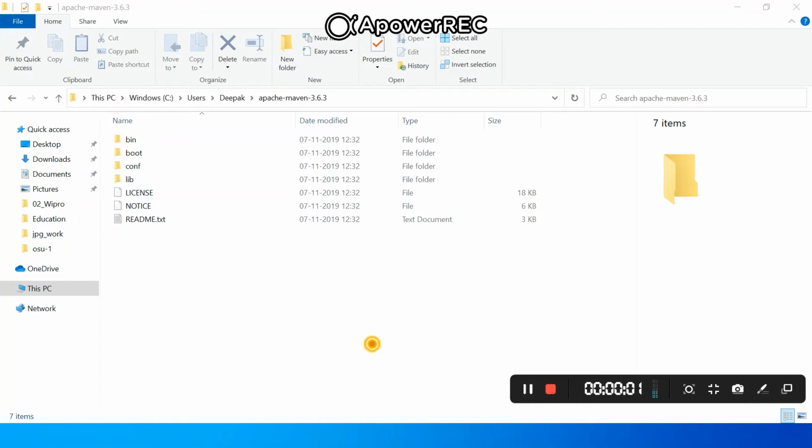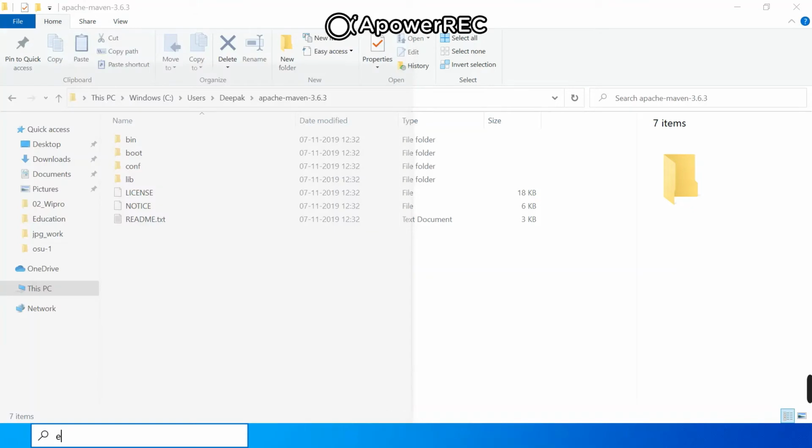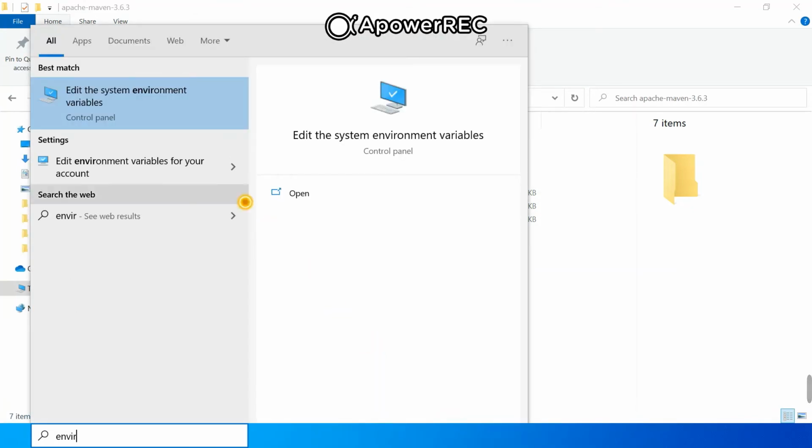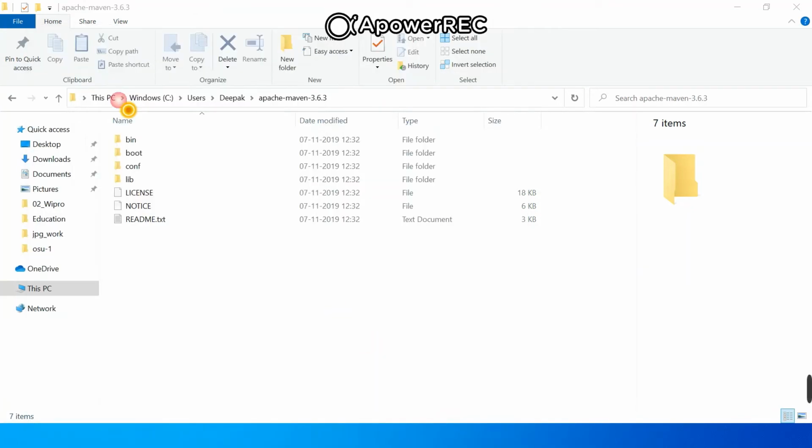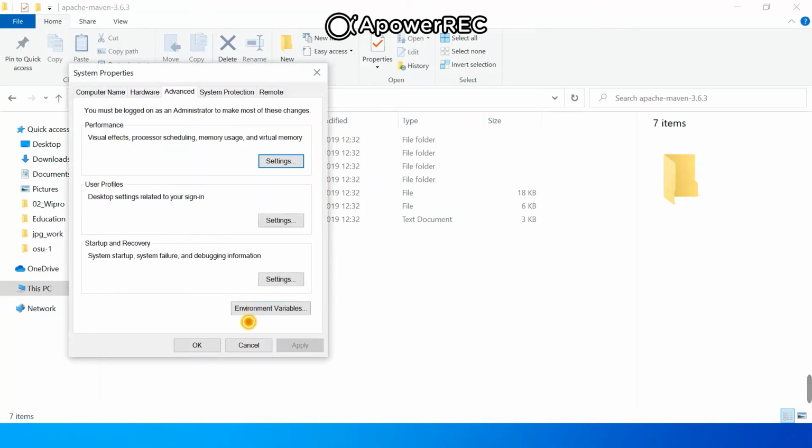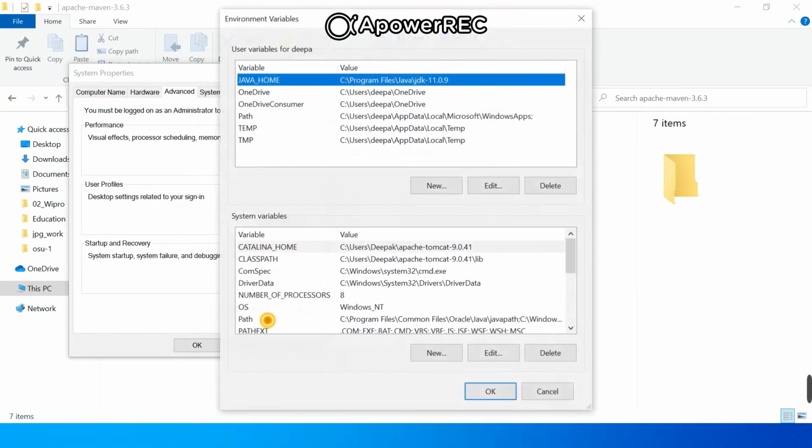For this you need to open system environment variables. So go to Run, type environment variable. On top you can see system environment variables, click on that. On the bottom right you can see Environment Variables, click on that. Here you need to go to the system variables and click on New, as we are going to add a new